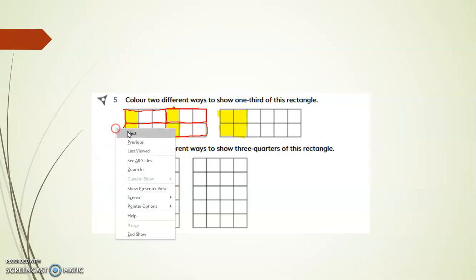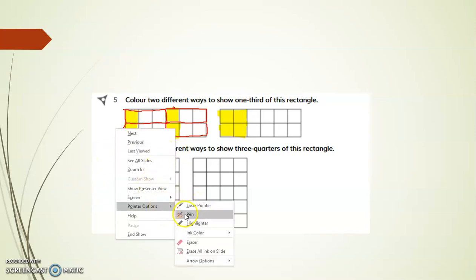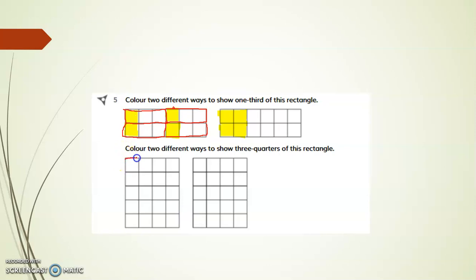To divide into 4 equal parts, take these 4 columns as one group each. This is 1/4. This is again 1/4. This is again 1/4. This is 1/4. That is, the whole picture is divided into 4 equal parts. You can see all are of the same size. They are equal. Right?